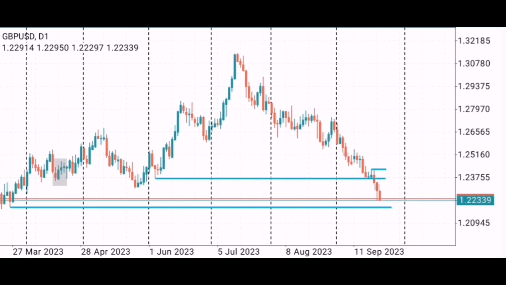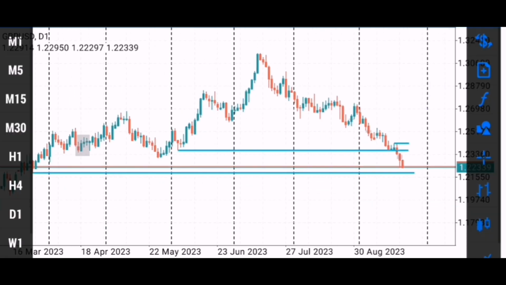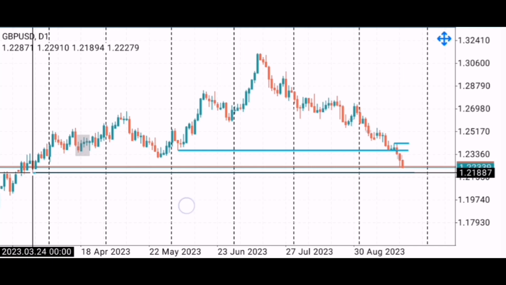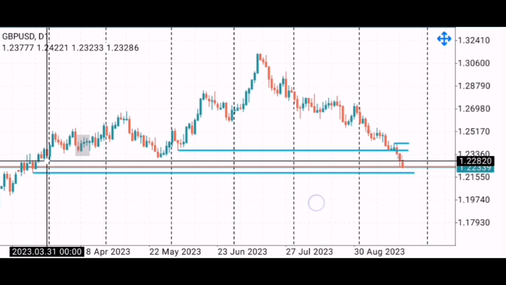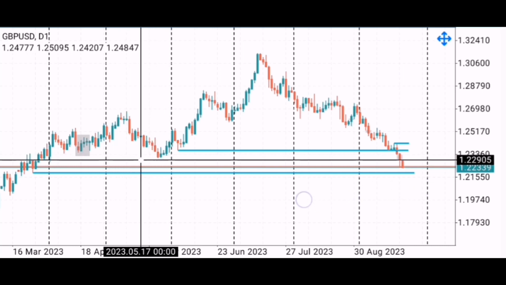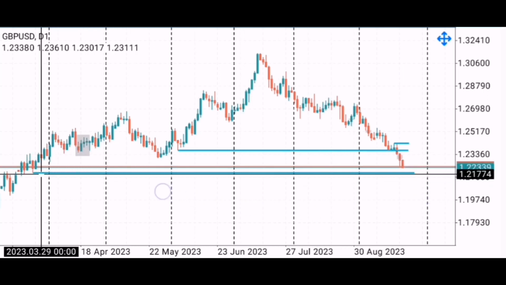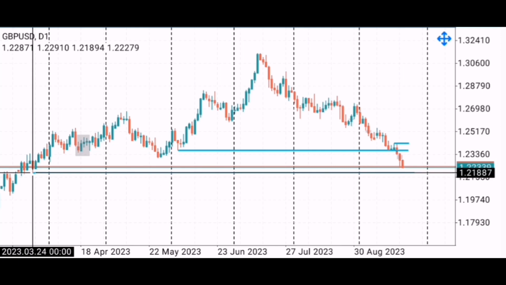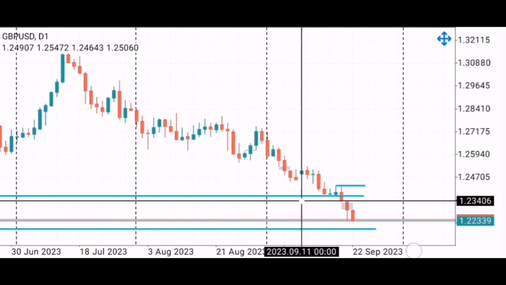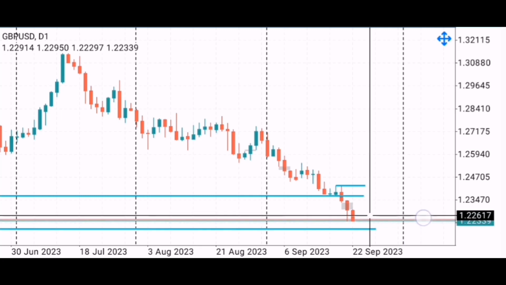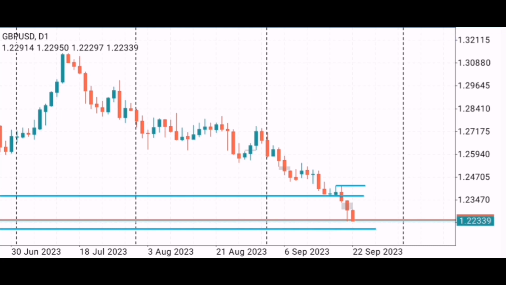Now we have GBP USD, GU, and what we are seeing is a hurrying momentum into this level over here. Potentially we will see price, after having traded below these levels over here, continue that bearish momentum that we expected last week into this level over here. And then from there we will see how price reacts. Once it reaches that level, potentially it might trade into it and then reverse into this fair value gap ahead of the continuation to the downside.